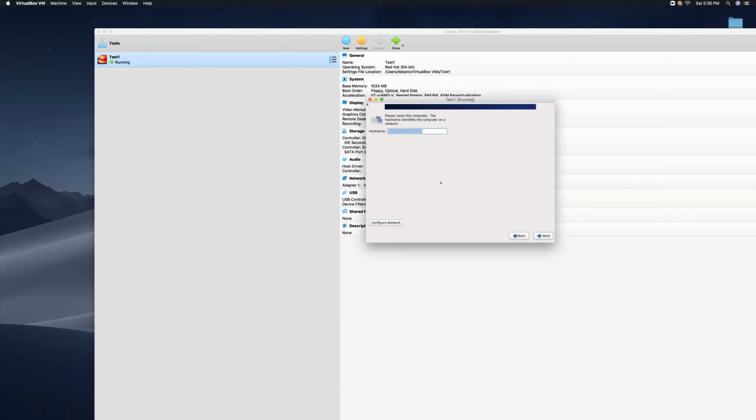So for this machine, I personally like to go with the name I have right here. If I have test1 here, I want to call this machine also test1 so that I can maintain consistency. And I'm going to tab next,